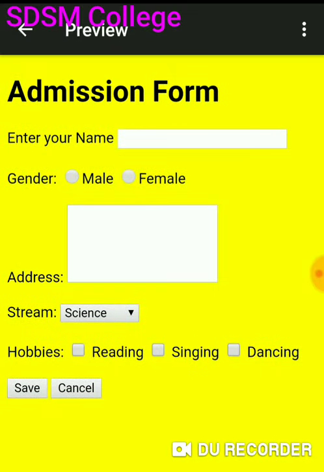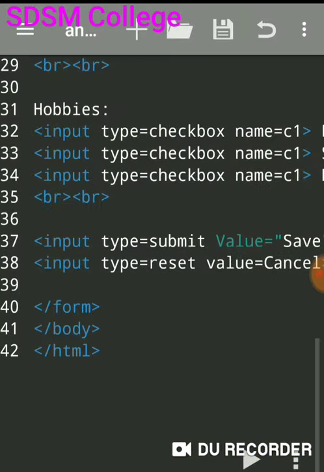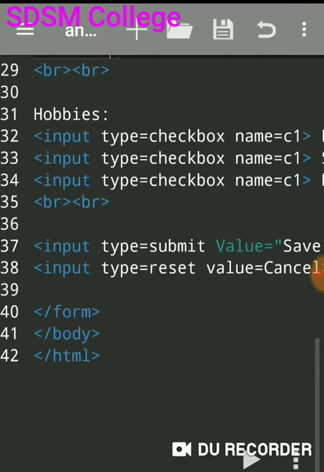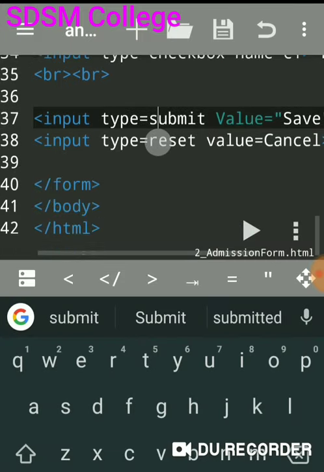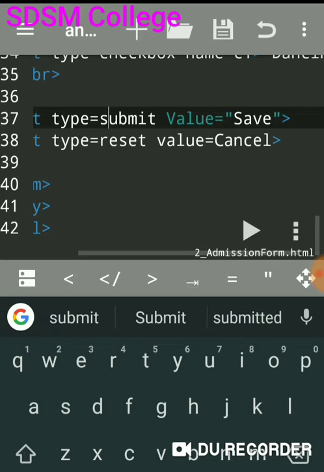Then I want to put one submit button and one reset button. On the submit button I want to display the text save, and on the reset button I want to display the text cancel. So here, to include the submit button, I have written input type is equal to submit and value is equal to save.